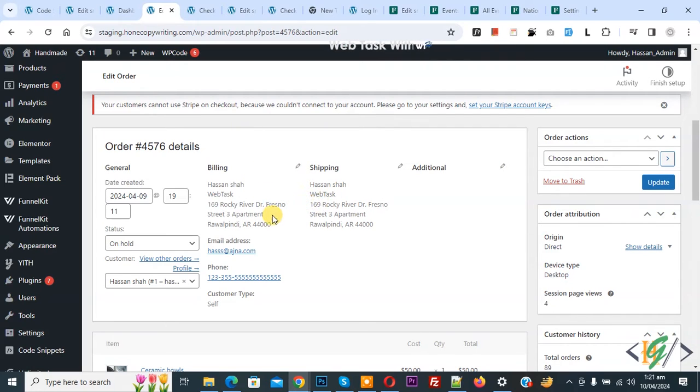Bismillahirrahmanirrahim. Assalamualaikum. My name is Hassan and today we are going to show default label in admin order detail page